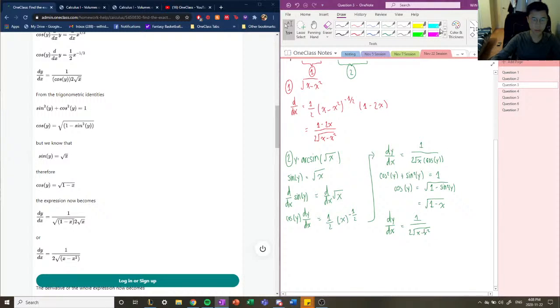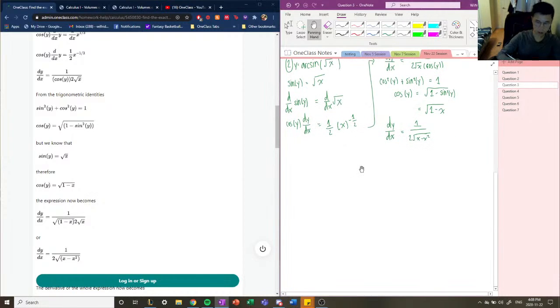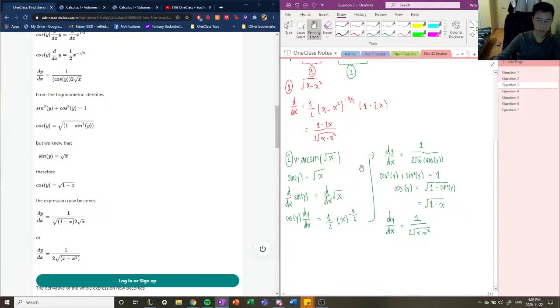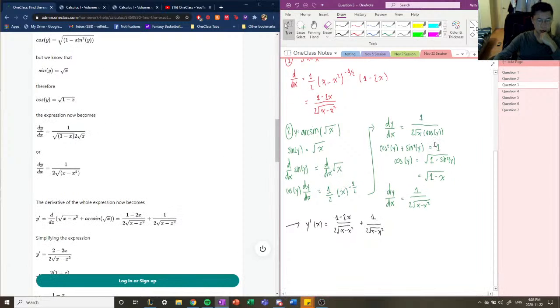So overall, if I come back down here, y prime of x, I guess you can say, is equal to 1 minus 2x over 2 times root x minus x squared, plus 1 over 2 times root x minus x squared. Okay, cool. And now we're going to simplify this all together, and we get